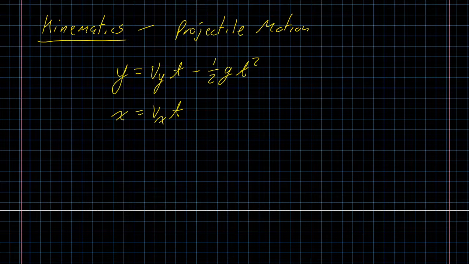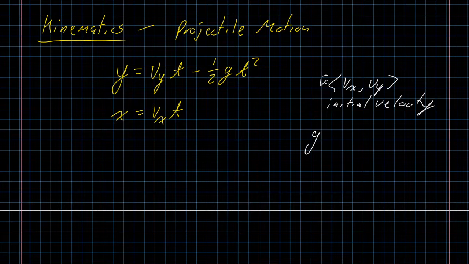Specifically, the vector v with components vx, vy is the initial velocity of our curve. And g is